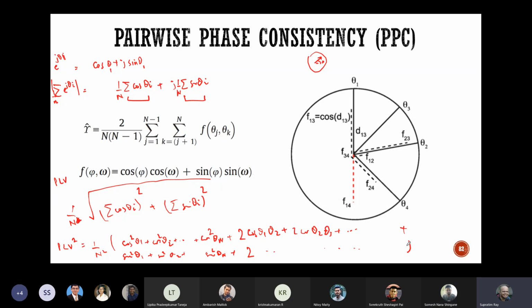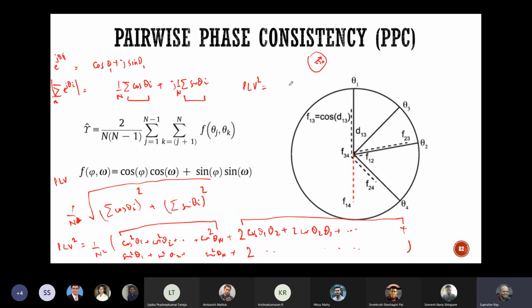Now notice that there will be n terms here which will add up. So cos square theta 1 plus sine square theta 1 is 1. This is 1. This is 1. And this part here is actually just your PPC. Okay, so the idea is that your PLV square, the phase locking value square, if I now look at this,